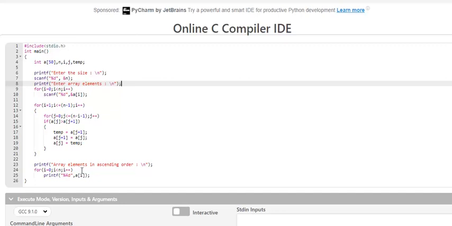What is the beauty of indentation? Look at the program, you can easily make out the program starts here, program ends here, and these are all in the same level.